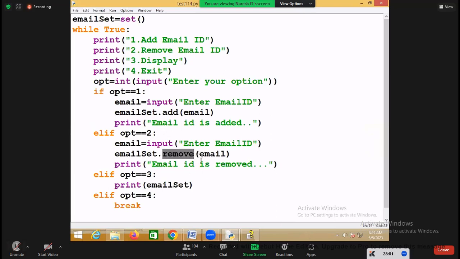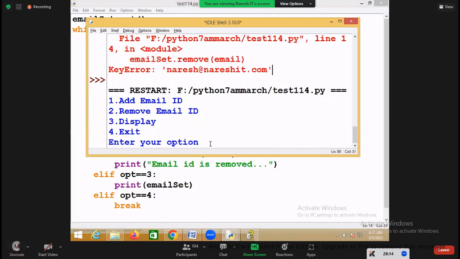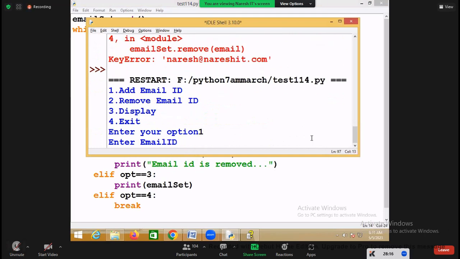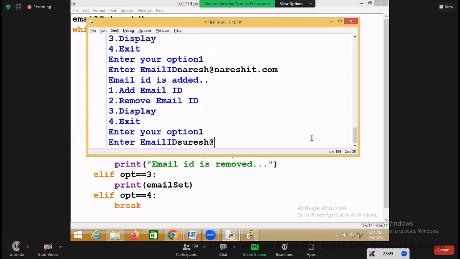Discard will remove the element if it is there, but it doesn't give any error if it is not there. If I write discard here, it doesn't raise any error. Suppose I run this. Now one is for adding. Here, Naresh at the rate nareshit.com. One is again adding Suresh at the rate